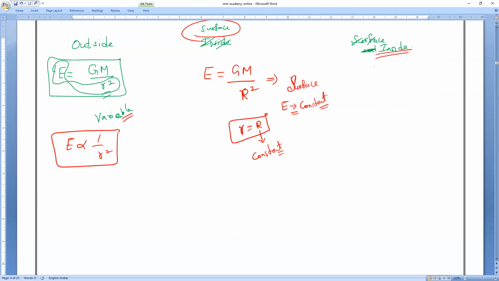Inside, what will happen? I'll prove it later. Inside, E is equal to 0. So always in a hollow sphere, but in a solid sphere it is not 0, that I will teach you. Do you understand, Radhajay? Inside the hollow sphere, where r is less than R,